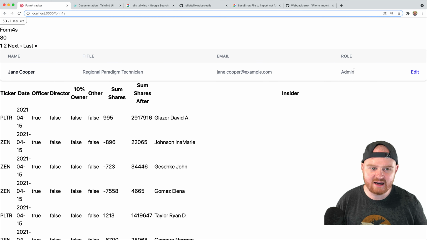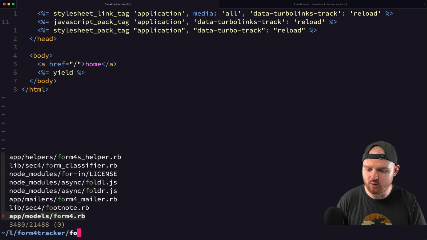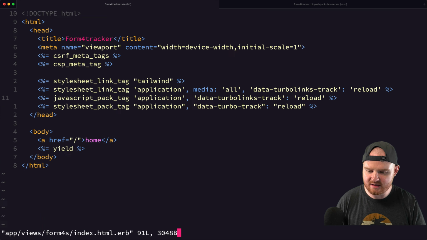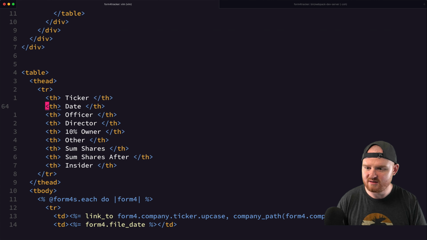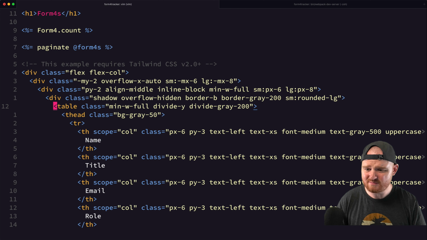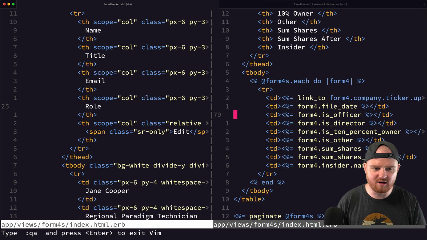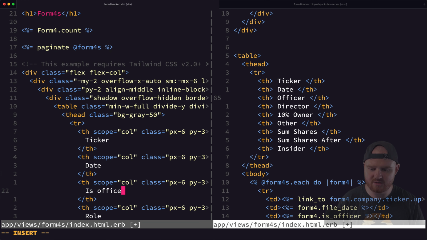Look at this. Okay, so name, title, email, role, and then an edit button. Cool. So we're gonna try to drop our stuff into the same thing. So we go to our form for index. Again, this is for a bunch of Form 4 filings from the US Securities and Exchange Commission. I'm actually going to split this so that I can look at all of my headings. So ticker, and then date, and is officer,